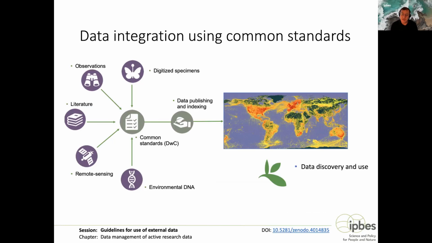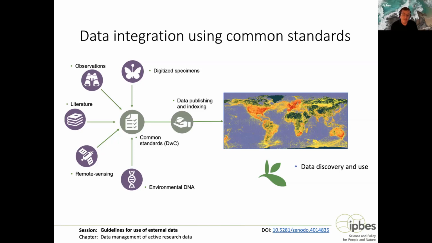Biodiversity data originating from many different kinds of evidence may be brought together for analysis through the use of common standards. Taking GBIF as an example, data can start off as digitized information from specimens in natural history collections, as field observations by researchers and citizen scientists, as literature, including both historic and current books and journals, as remote-sensed information, including, for example, satellite tracking of animals, and as DNA sequences with spatial and temporal metadata derived from sampling of